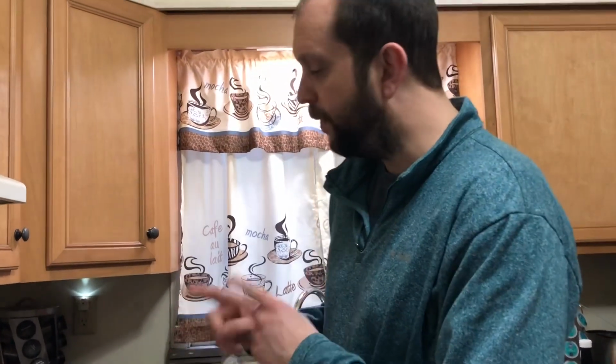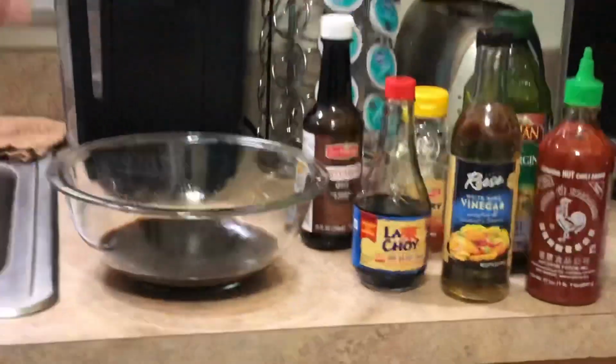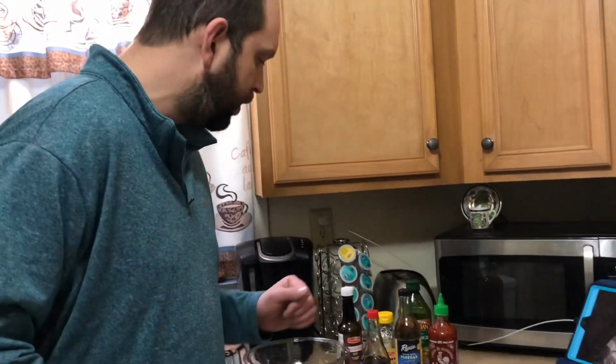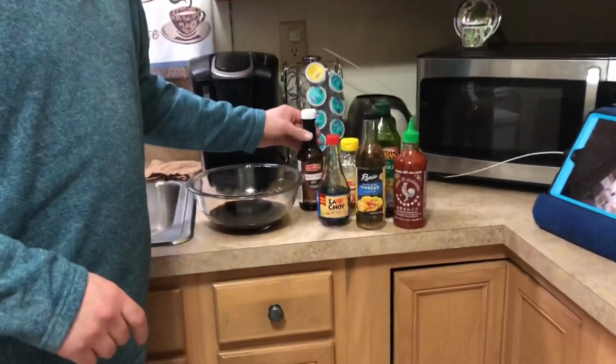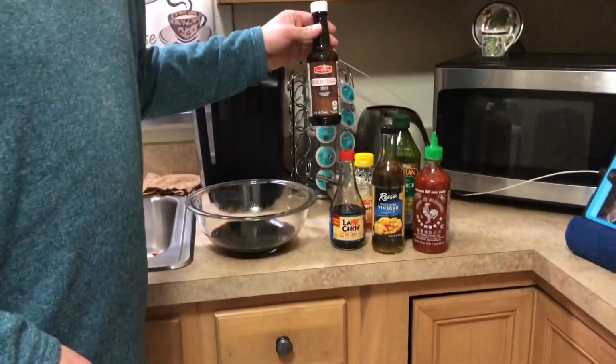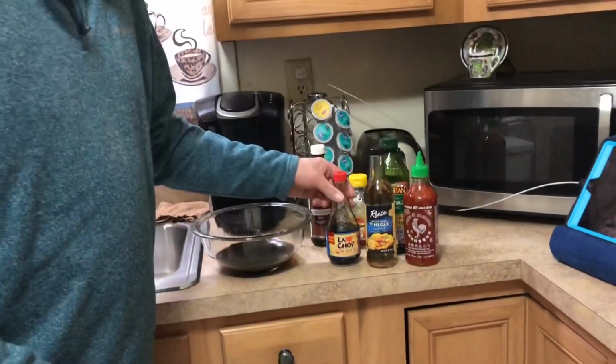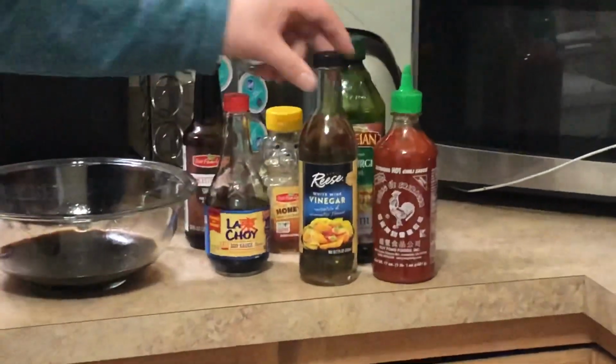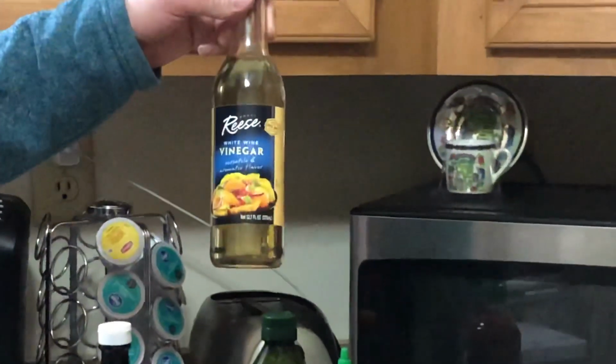But while this is sauteing, you want to pre-mix your sauce. All right, so get a big bowl out. Again, I have already showed you guys the recipe a little bit earlier, but what we're mixing in here is some Worcestershire sauce, some La Choy soy sauce, some white wine vinegar,